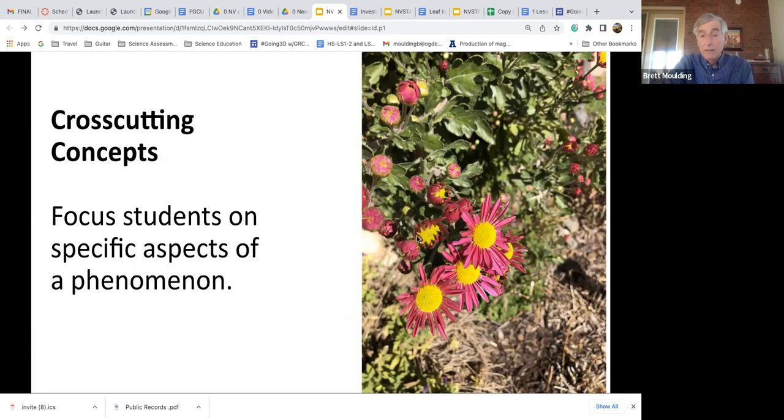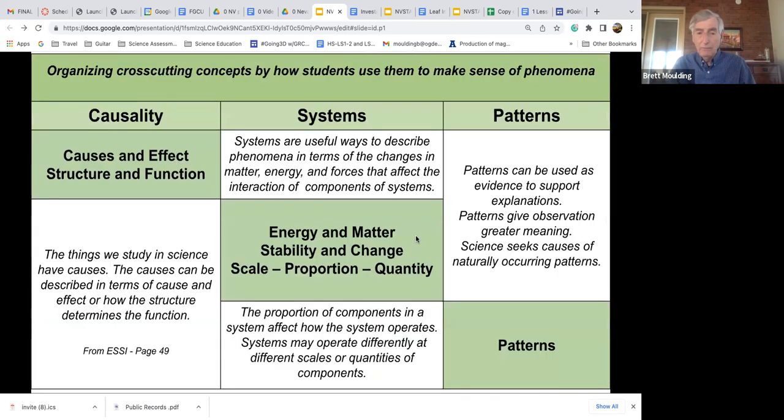There are 7 of these. We've organized them slightly different because there's really 3 areas. There's the ones that are about causality, and in science, everything has a cause. If it doesn't have a cause, we don't study it in science. So things about causality are in terms of structure and function, cause and effect. When we look at this